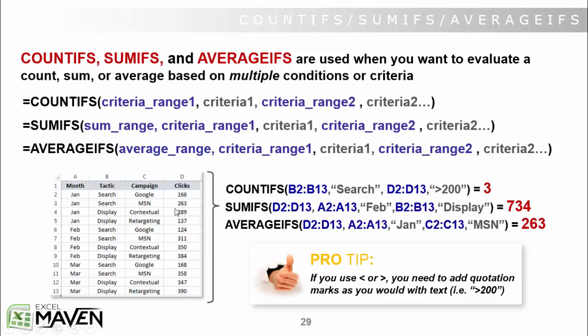So let's just kind of slowly take some time to walk through these 3 examples listed here. First off, countifs. So again, we're just listing the criteria ranges followed by the criteria. So my first criteria range is column B. I'm just looking at 13 rows of data, so B2 through B13, which is different tactics, either search or display. In this case, only take the count where B equals search and where D, which is my clicks column, is